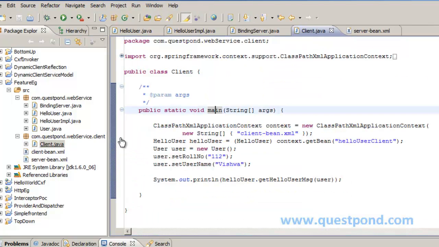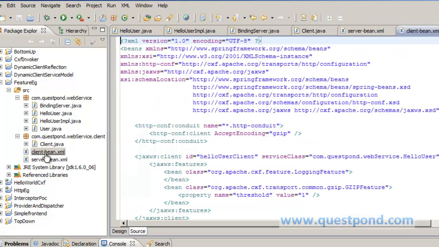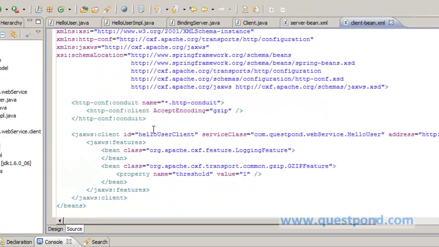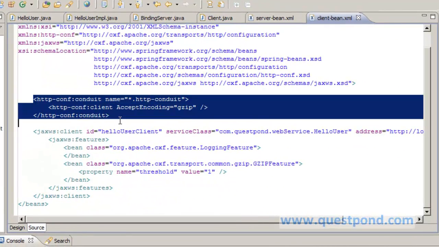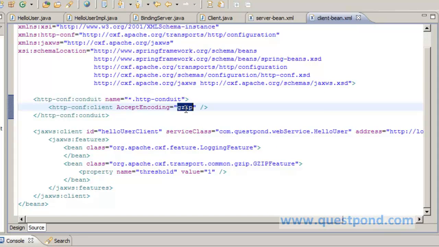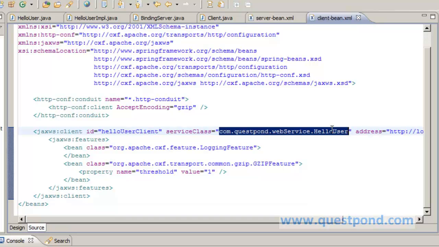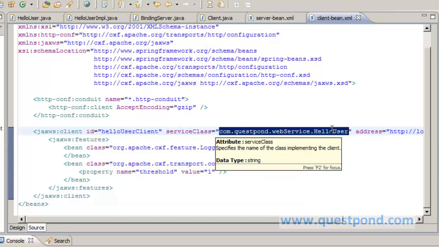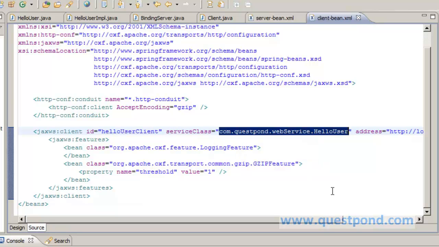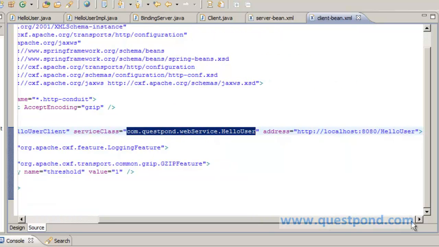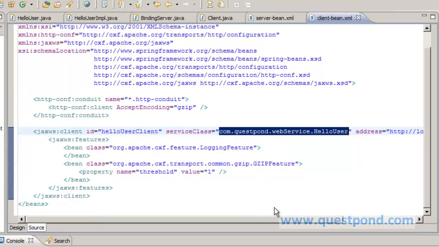Now within the Client.java, we make use of a client bean, which again makes use of the HTTP configuration for making use of the gzip feature. We create a client, HelloUserClient, which makes use of the service class HelloUser pointing to this particular address where we exposed our web service.